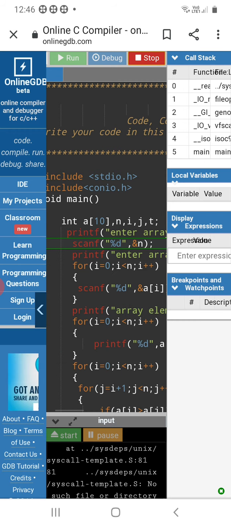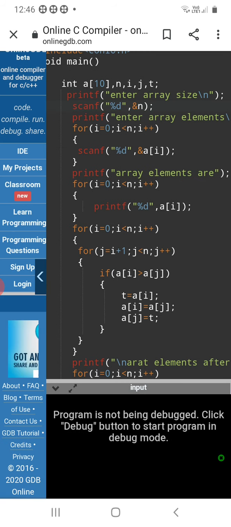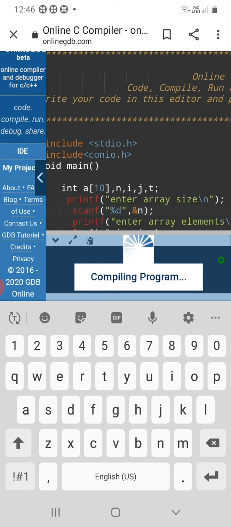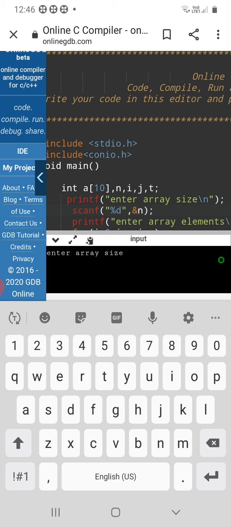Yes, now I'm executing the program. Enter. It asks for the array size, 7. I'm giving 7. Next it asks for array elements. I'm giving 6 1 2 4 5 9 8 as well.